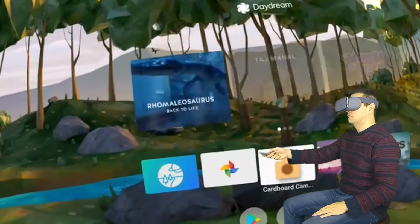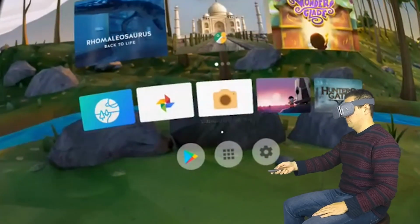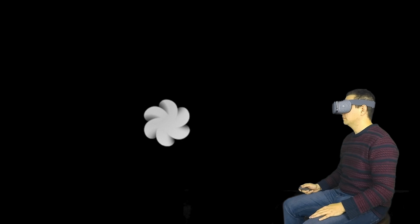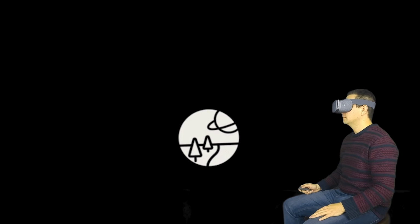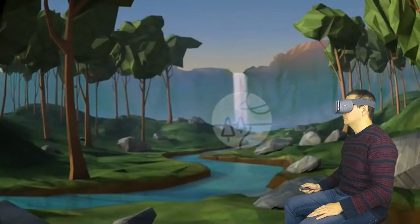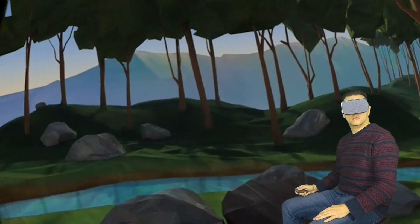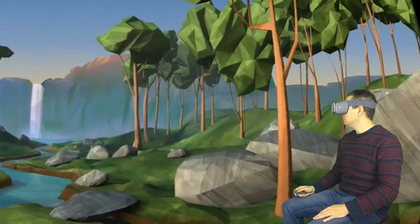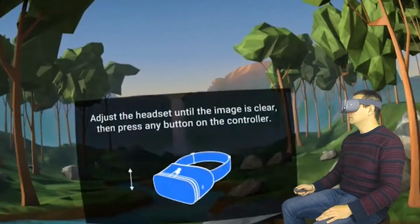The first impression that I have is that everything looks really clear, even though the headset does not have a focus adjustment like the Gear VR, but it seems like that's totally fine. So now let's do a welcome tour where Daydream will walk you through the whole experience and the motion controller and how to use everything. Again, this looks really clear. The field of view is narrower than that of the Gear VR, however,